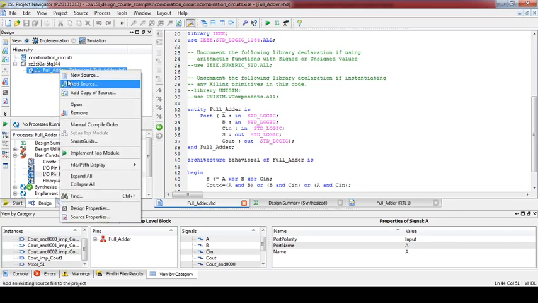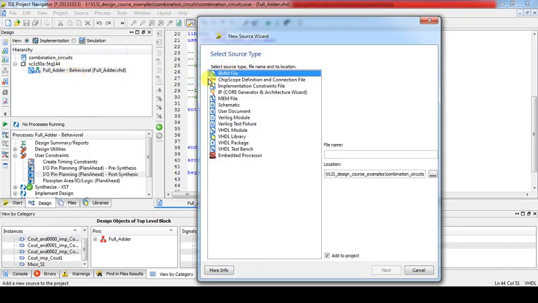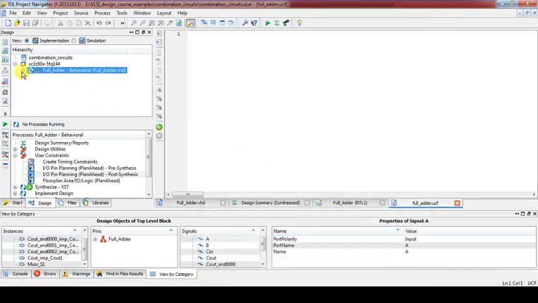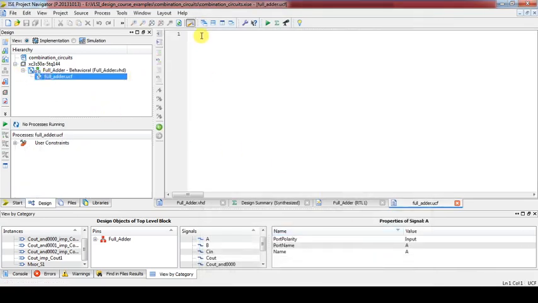So right click here, new source, and here we can give implementation constraint file. We can give the constraint file name full_adder.ucf. So we are creating our own text file with the extension UCF, and say next, then finish. So it will automatically add our UCF file here.